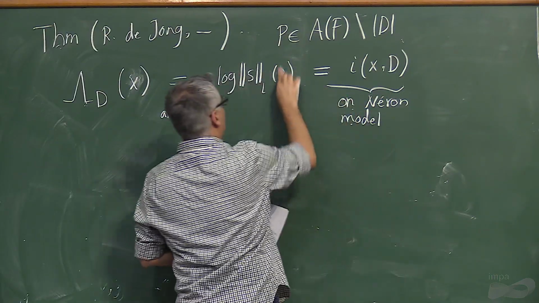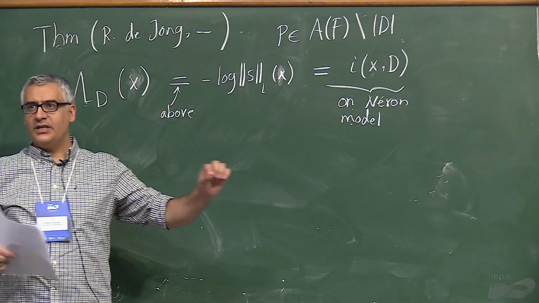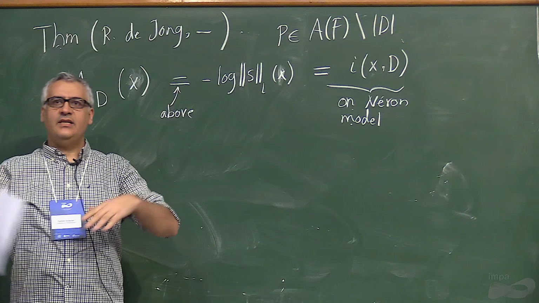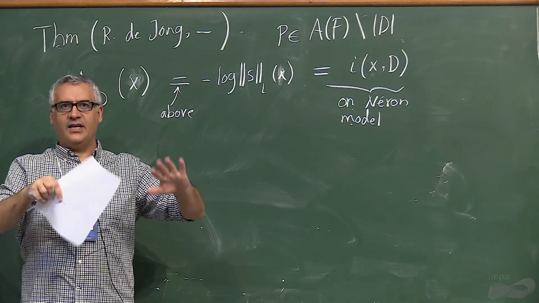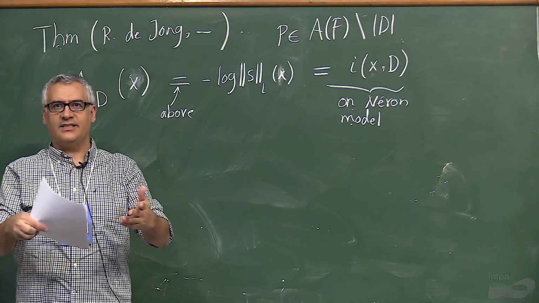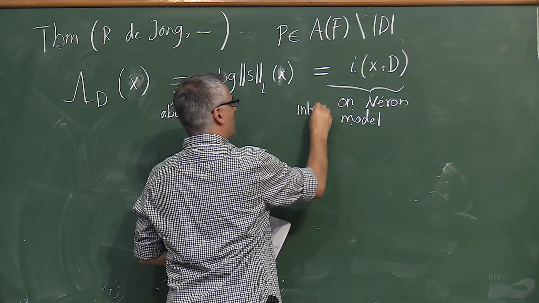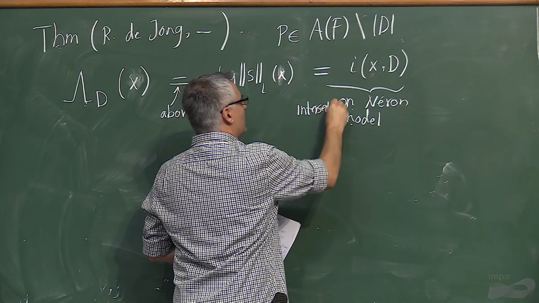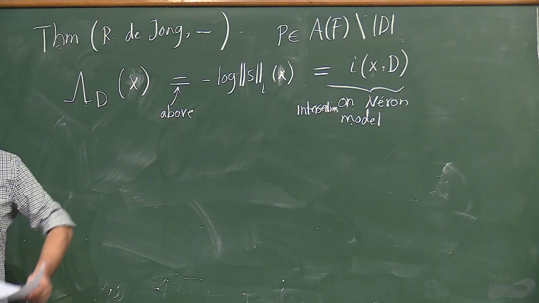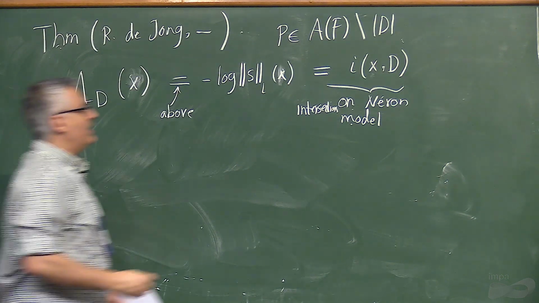Which, this is x, sorry. So you have x, you look at the closure in the Néron model. You have D, you also look at the so-called thickening on the Néron model. You have two things and you can intersect. So this is intersection on the Néron model. And you have this contribution even if you have good reduction and your Berkovich space is not interesting. So this is kind of, I can't get rid of it. But then the theorem says